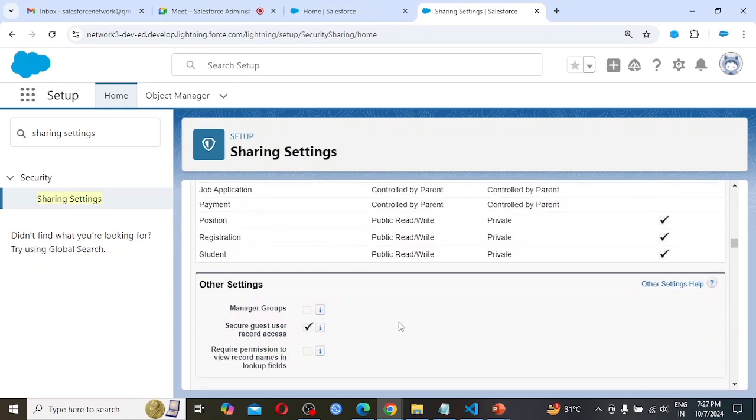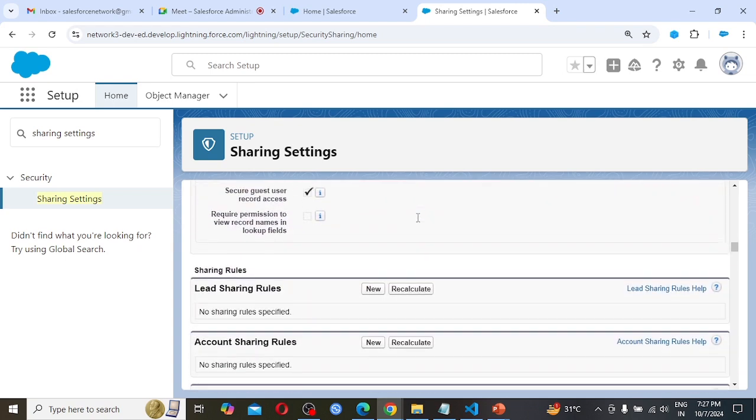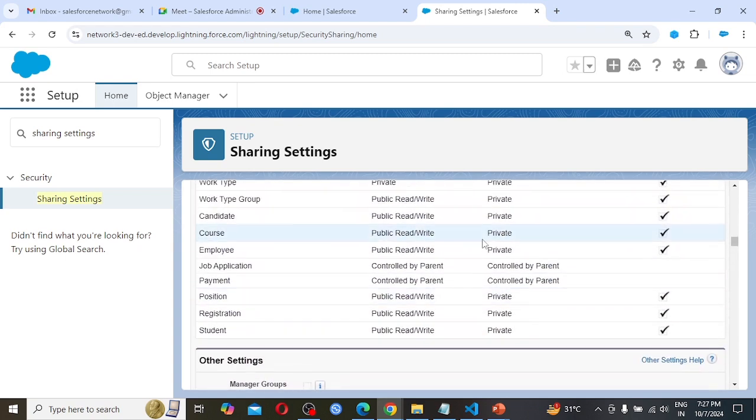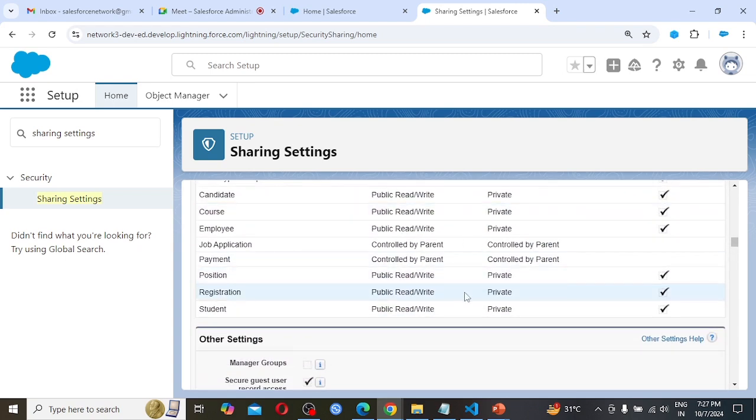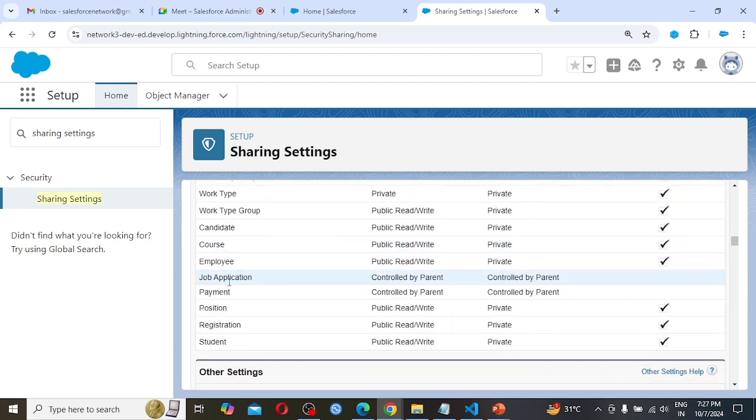If I am scrolling down, here it's the end, and also we are seeing here job application controlled by parent.